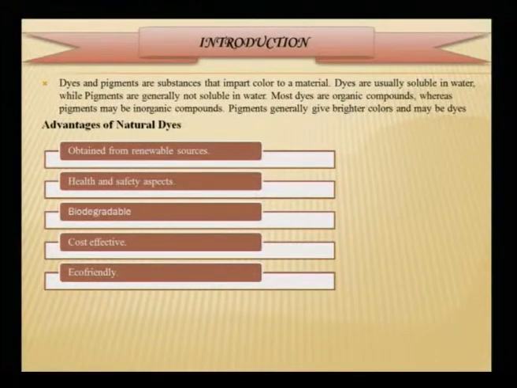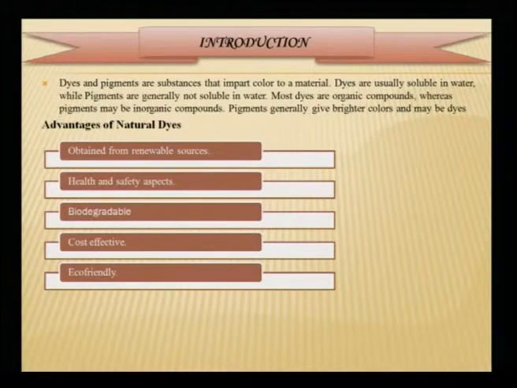Instead of taking the roots and destroying the plant once and for all, it is better to take either the flower or the leaves or the stem, which can be regenerated. They have health and safety aspects, they are biodegradable, and now they have been proven to be cost effective, and they are eco-friendly because of the biodegradability as well as